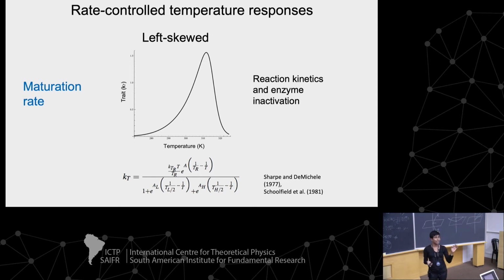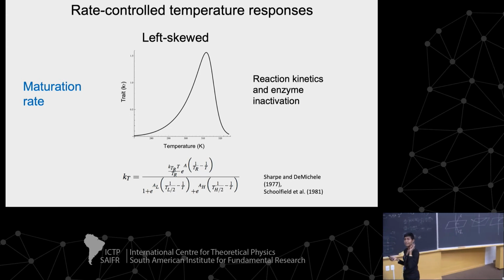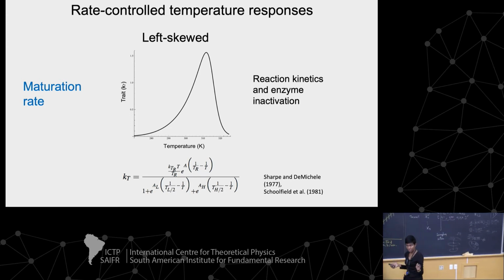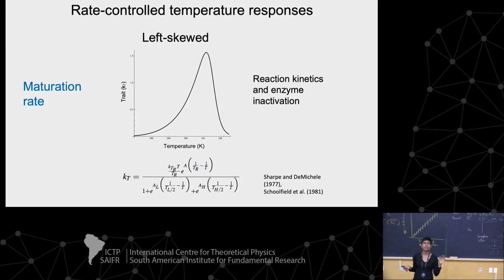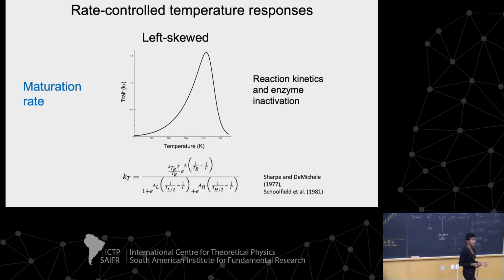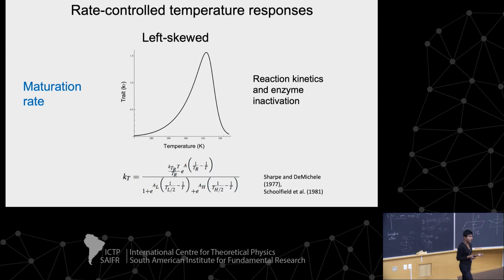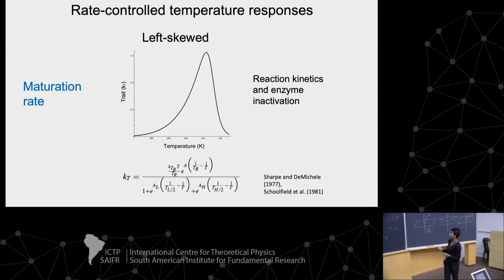So keep this in mind, because temperature effects on development are crucial to predicting effects of climate warming on ectotherms. And ectotherms matter because they are most of the biodiversity. If all of those insects and worms and everything else goes away, there will be no world left. Okay, now,